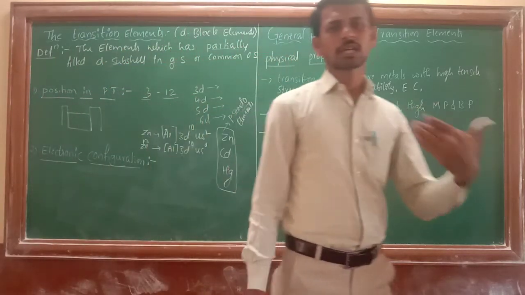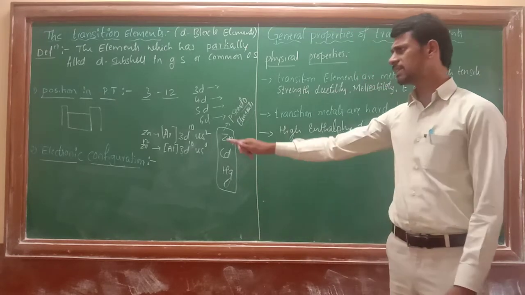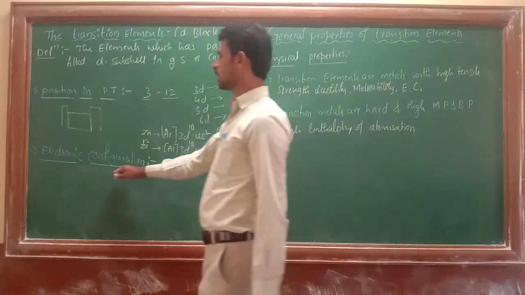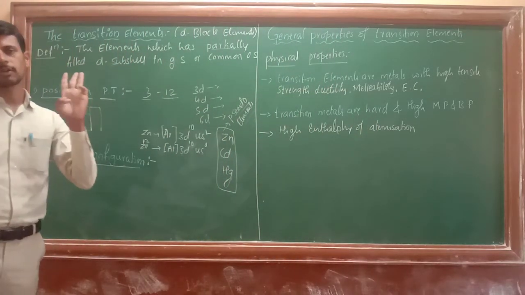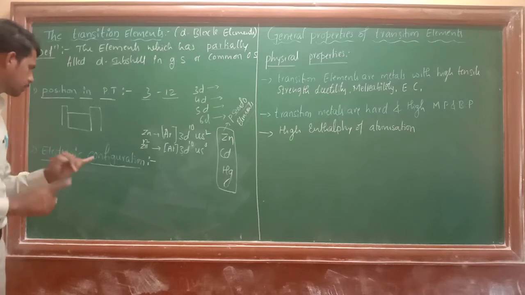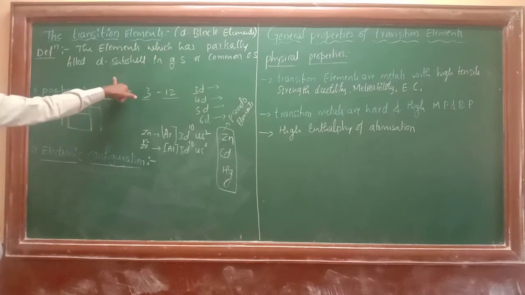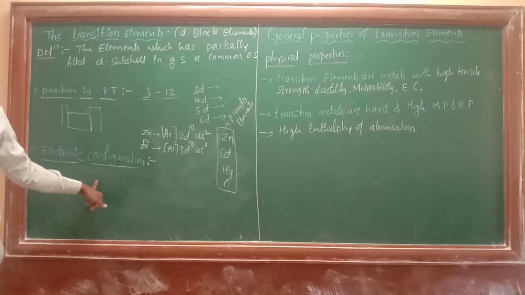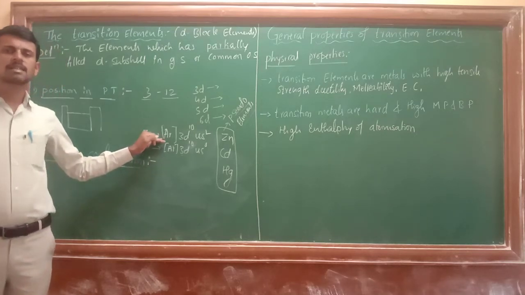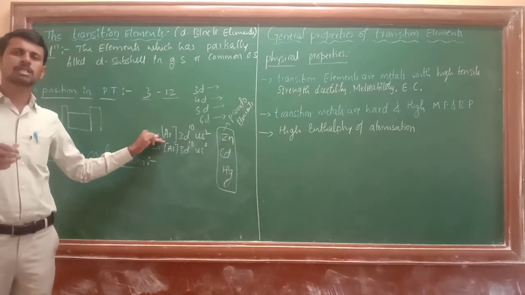You can study its chemistry. That is the second one, electronic configuration. In this electronic configuration, you have to remember 3 points. One is what is the general electronic configuration of the d block elements. What should we remember about it? Then, related to extra stability,